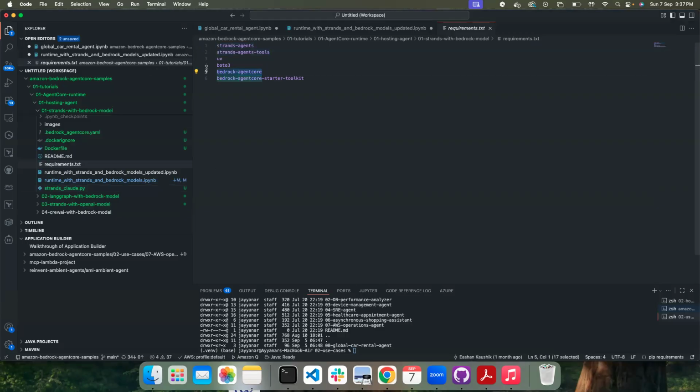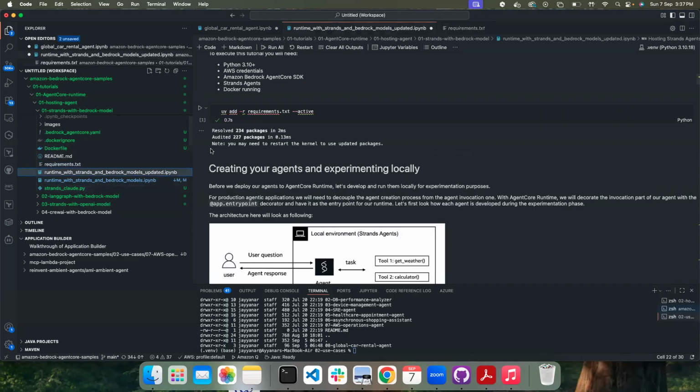In Bedrock Agent Core, Boto3, Bedrock Agent Core, and Bedrock Starter Toolkit, which is needed for packaging and everything. These are the libraries we need to install. So if we go to this, we installed, we had tried to run this. I'm running a Python 3.1 version in my virtual environment. Okay, so once you've done it,